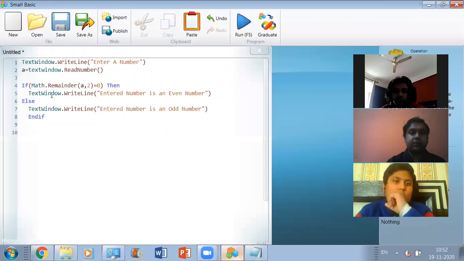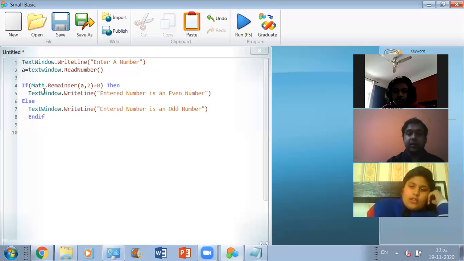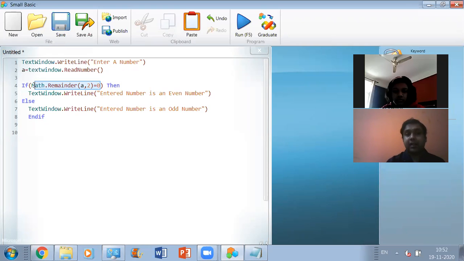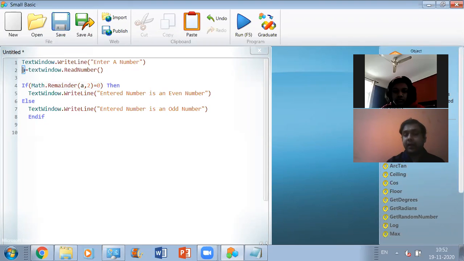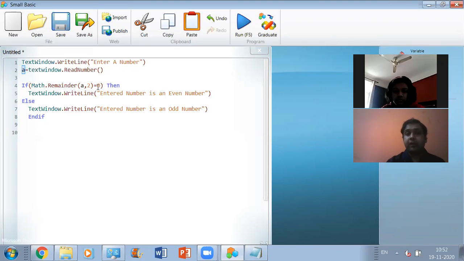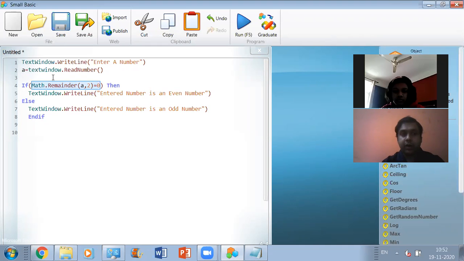Now let's come to this small basic environment and start defining the condition. First of all, I'm going to define the condition with which I can check whether the entered number is a single digit number or not. Right now the number is stored in variable A. Now we need to define a condition with which we can check whether the number is single digit or not.